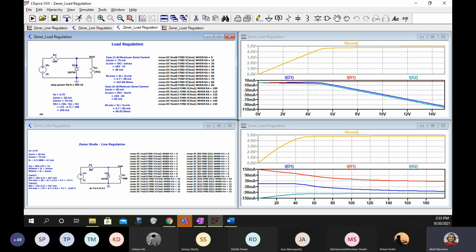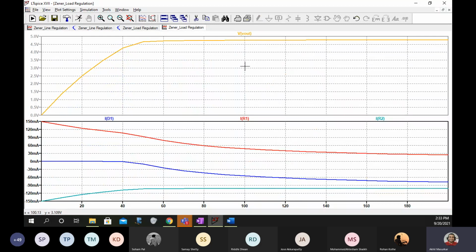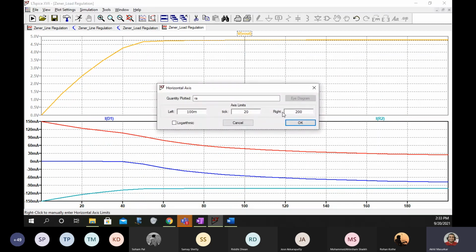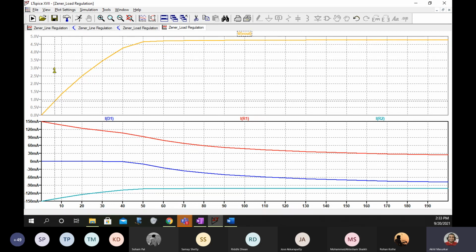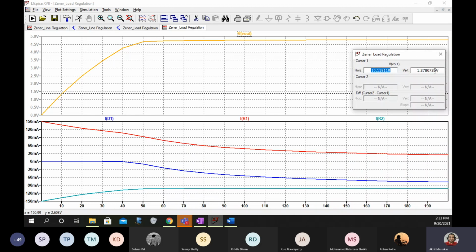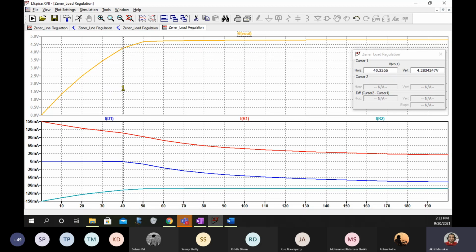Yes, so I'm correct. So in case of load regulation, you have to use a very trivial method. You go here and you can see your resistance values are here. So you can increase the ticks that you want. You can go to 10 and see the value here. So what is the value? 1.37. Then you take your cursor to this point, 2.49 something. Then you take it to the next tick. So like this also you can take the value.